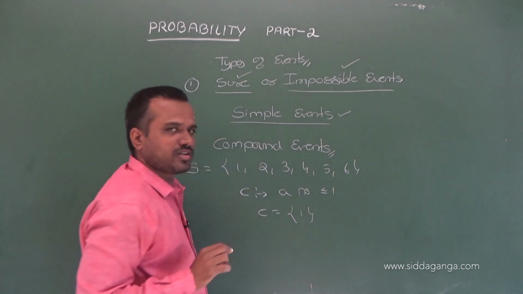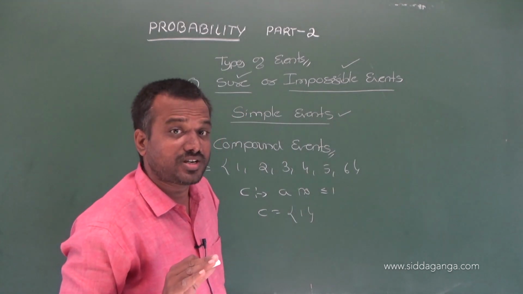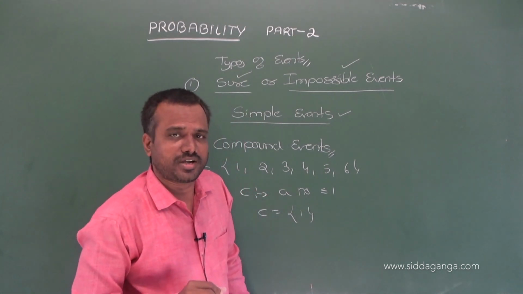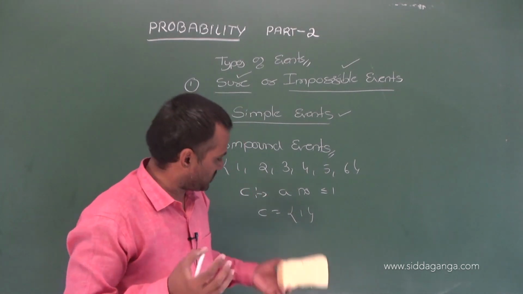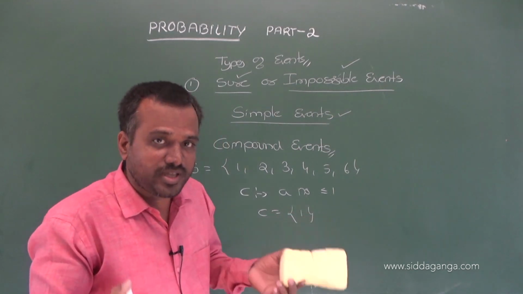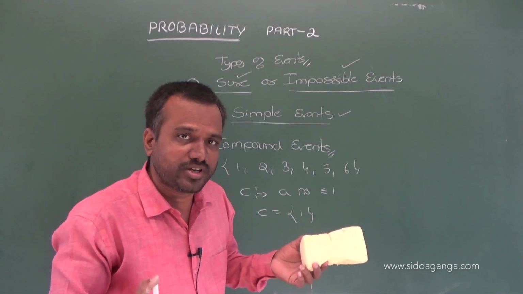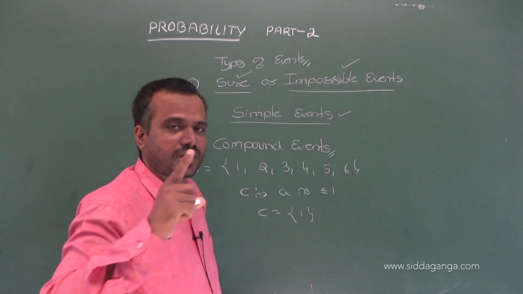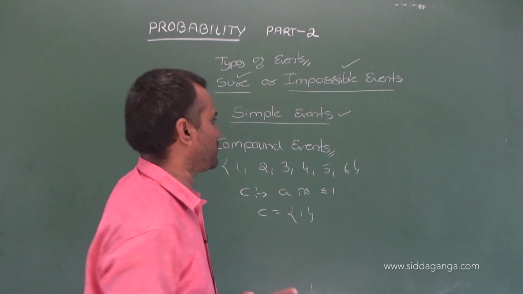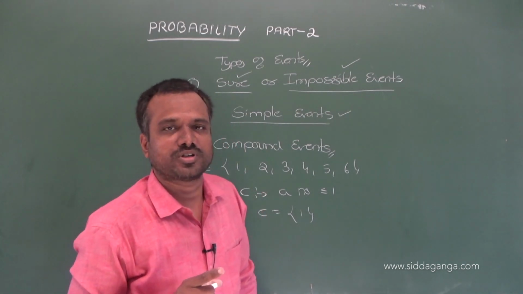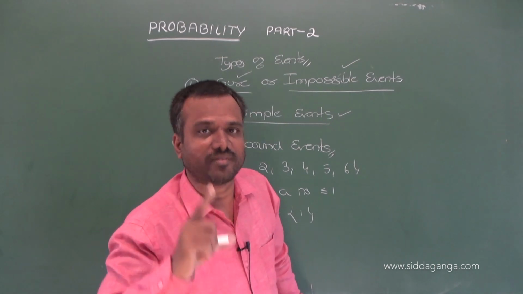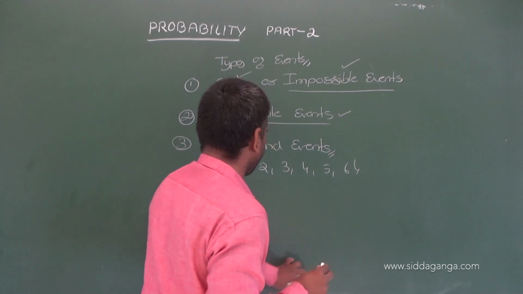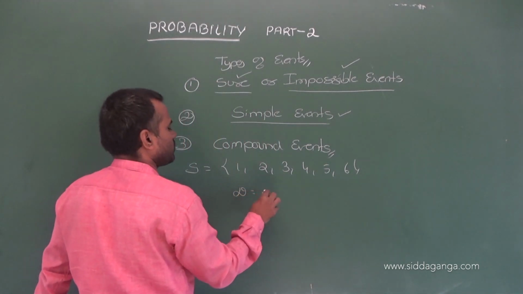Simple events. In set terminology, a singleton set is a set that contains only one element. Similarly, a simple event is an event that contains only one element, and that event we call a simple event. Then one more set I want to write regarding D, where D is equal to the numbers